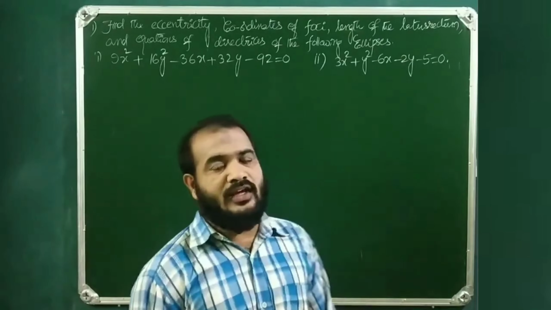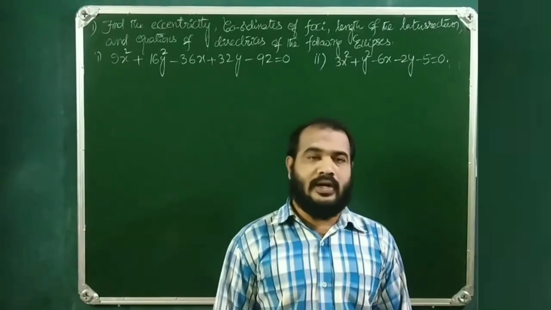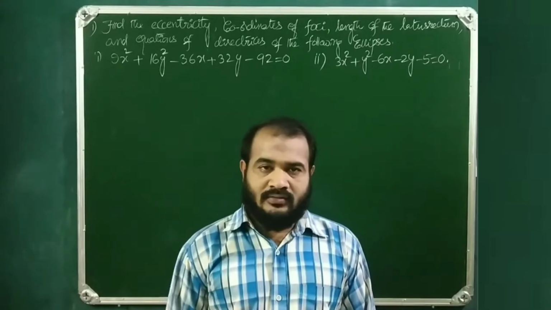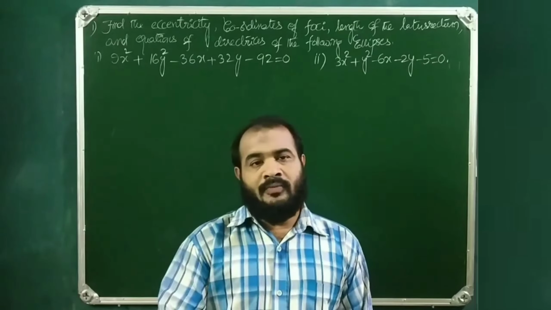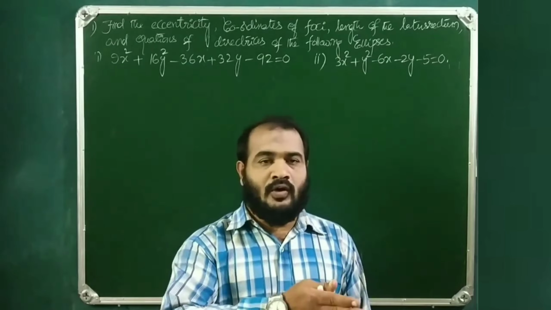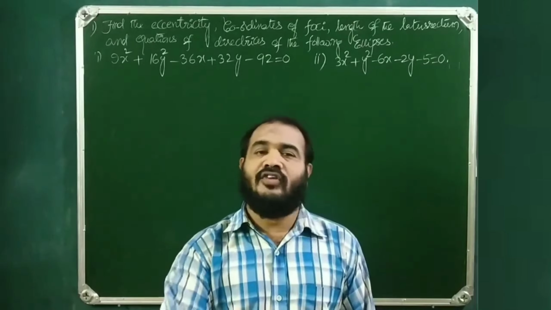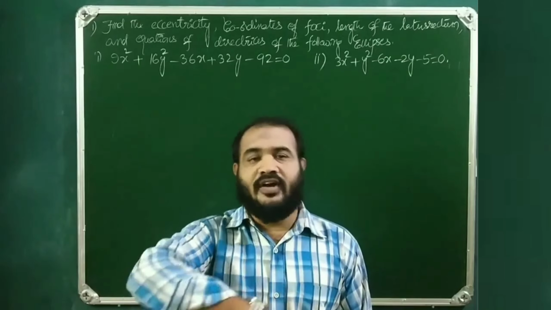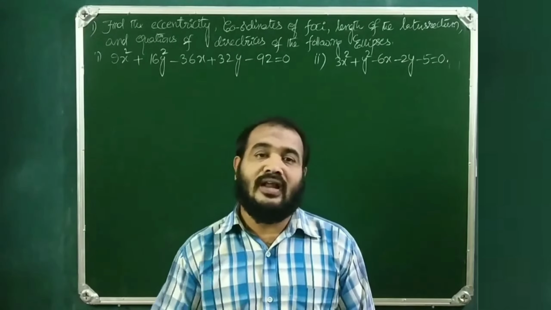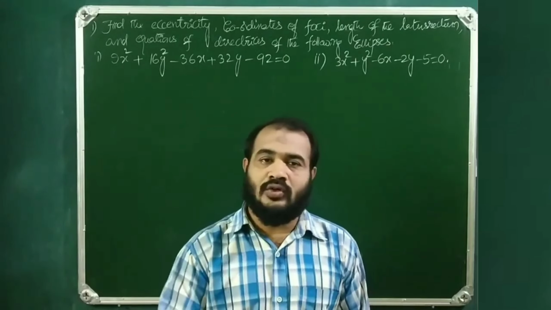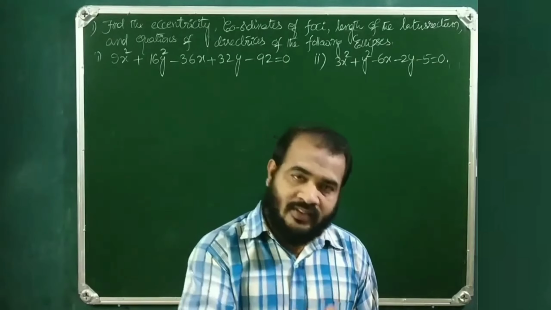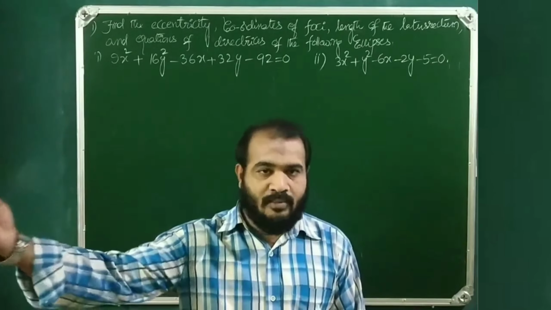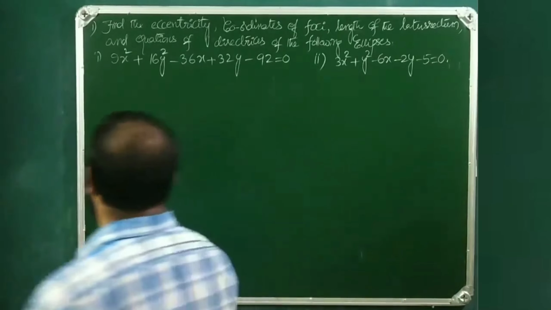Basically, ellipses are of four kinds. One is a greater than b, in which the ellipse's center is at the origin, and the other where the center is shifted to other than the origin. And a less than b, that also with the center at the origin and when the origin is shifted to (h, k). Now the first